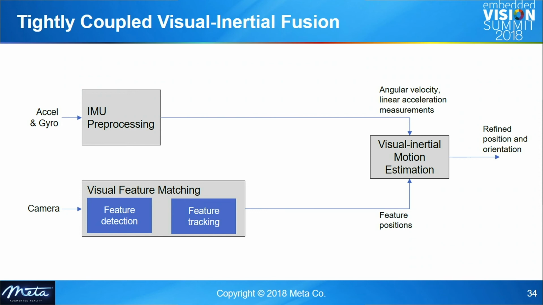For the visual part, we typically do feature detection and feature tracking as the pre-processing step, and now the motion estimation gets the tracks of the features as the input. And the visual inertial motion estimation